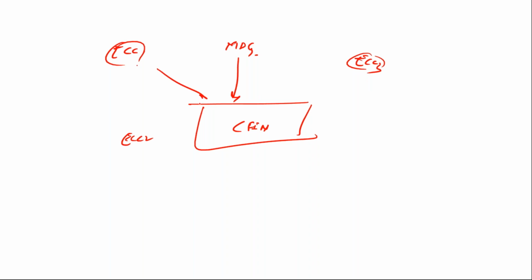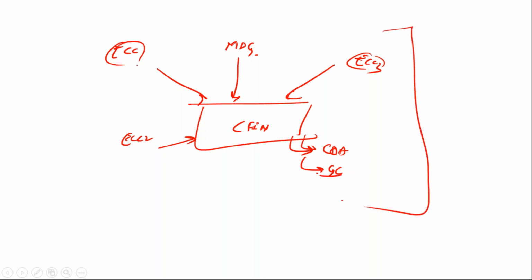They will be bringing data from different systems into the SAP S4 HANA system. Then finally, based on your chart of accounts, the central finance system will be linking to your chart of accounts and general ledgers. You have multiple general ledgers. That is where your entire set of systems will be using this master system as part of the setup. Okay.